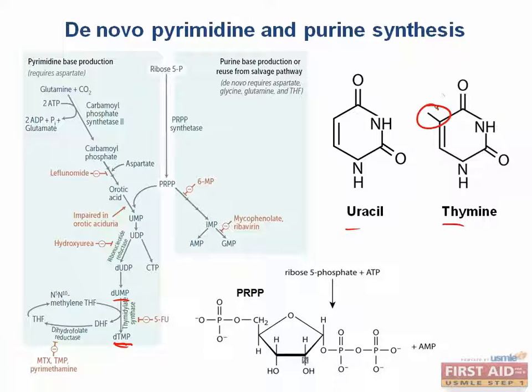Well, one of the most common ways to add a methyl group in biochemistry is to use the coenzyme tetrahydrofolate, which in this case donates the methyl group to uracil to create thymidine. After donating this methyl group, tetrahydrofolate becomes dihydrofolate, but the enzyme dihydrofolate reductase restores it back to THF so it can be used again. Since folate is a key part of tetrahydrofolate,